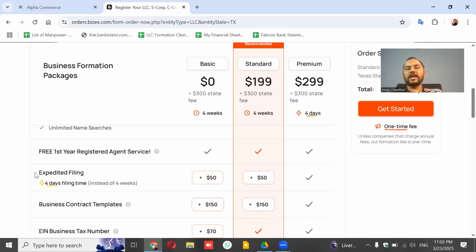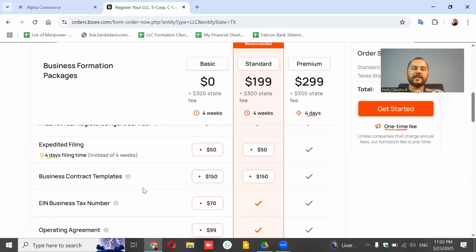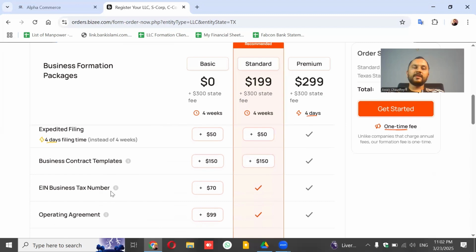They will be applying for the other clients first and then for you. For the expedited filing, they are charging $50 extra, which you can save by filing it by yourself with the state. Next is business contract templates, that are also not useful as far as my opinion.